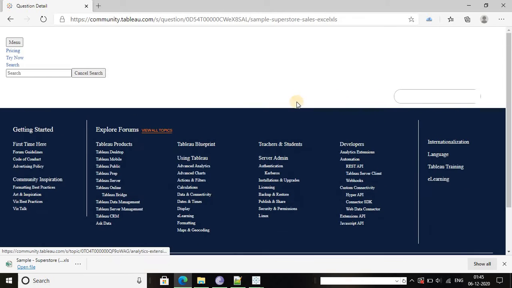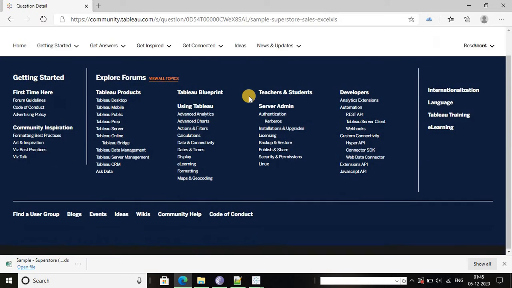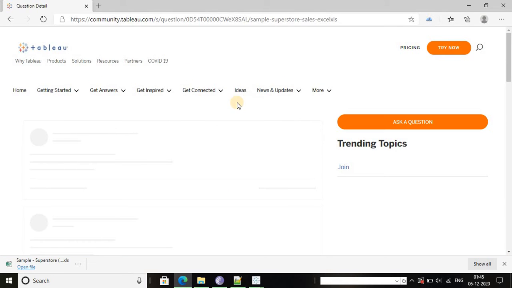When this page loads, we can find the data here. So let it load.